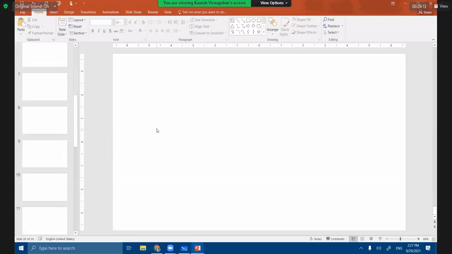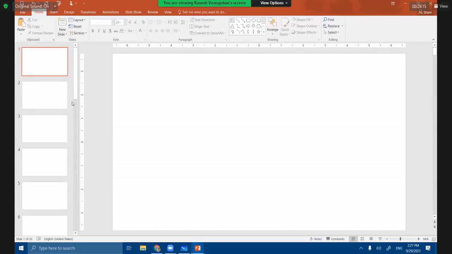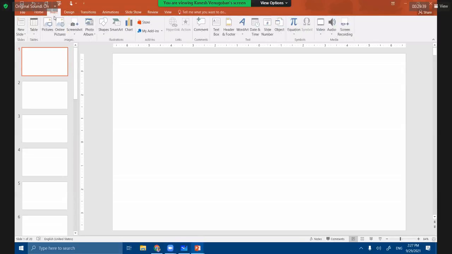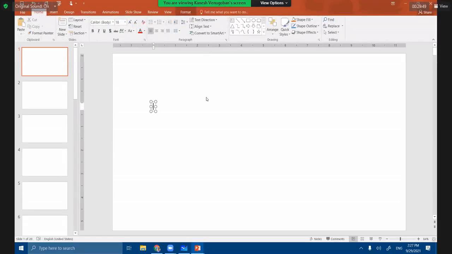And here now we will move to the first slide. I will place the cursor in the first slide. And if you want to insert any text in this slide, here in the Home ribbon, this is the text box, right? Otherwise, under the Insert option, the text box is also available. Both are the same. Click the text box and click here in the window and type